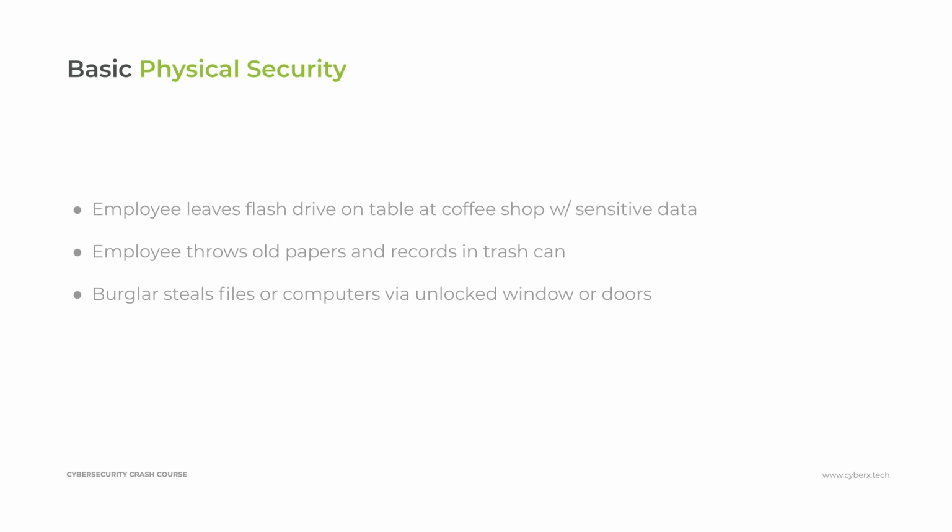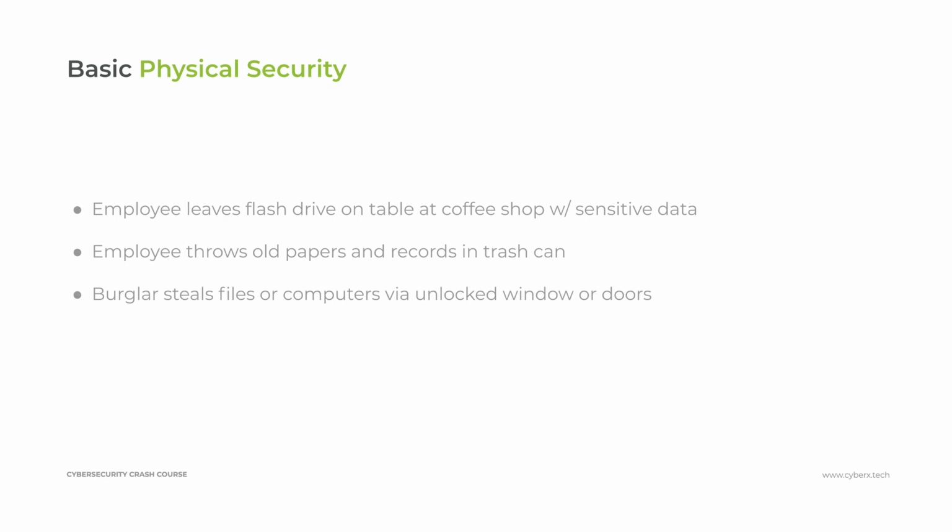Similarly, what if your employee takes a bunch of old bank records or some kind of papers that your organization has, and they throw those away in a trash can? That is another potential breach of physical security, because of dumpster diving. Dumpster diving is a method in which an attacker or a bad actor will actually go through your dumpster looking for valuable information. And for us, when it is in scope, that is a physical part of security. We can glean a lot of great information from those paper records that will help us in an attack against an organization. And the final example